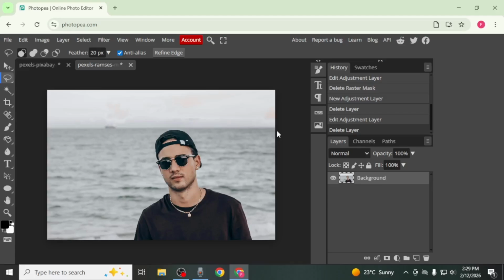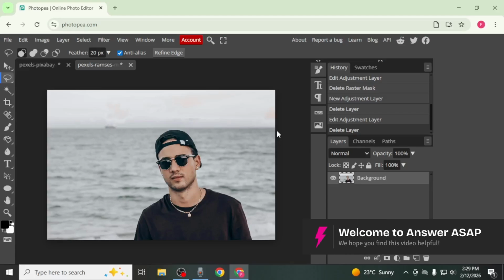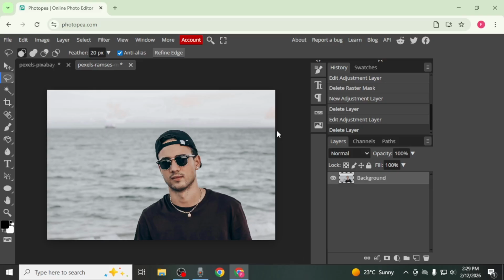In this video, I'm going to show you how to darken an image in Photopea. First, import your image into your Photopea project so it is visible in the workspace. Now click on the New Adjustment Layer icon located at the lower right-hand side of your screen in the Layers